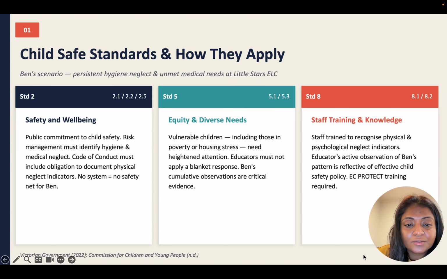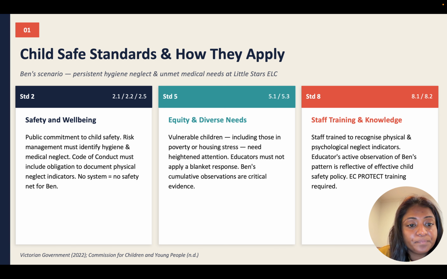Hello everyone. So my discussion today is about the physical indicators of significant neglect and poor hygiene and unmet or untreated medical needs in the early learning setting. In order to talk about these physical indicators of neglect, I have set out an example of a child called Ben who is arriving at the early learning center with unwashed clothing, unwashed hair, and soiled nappies and with a